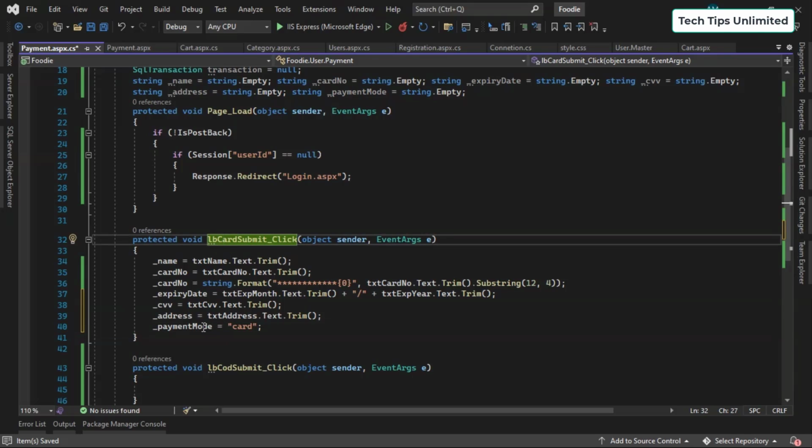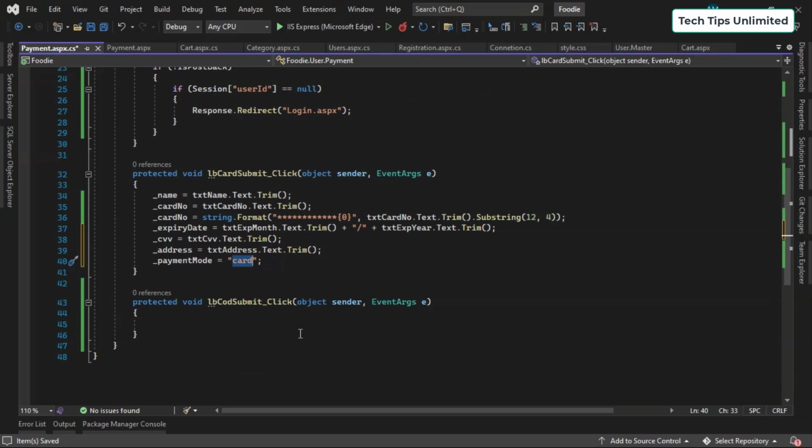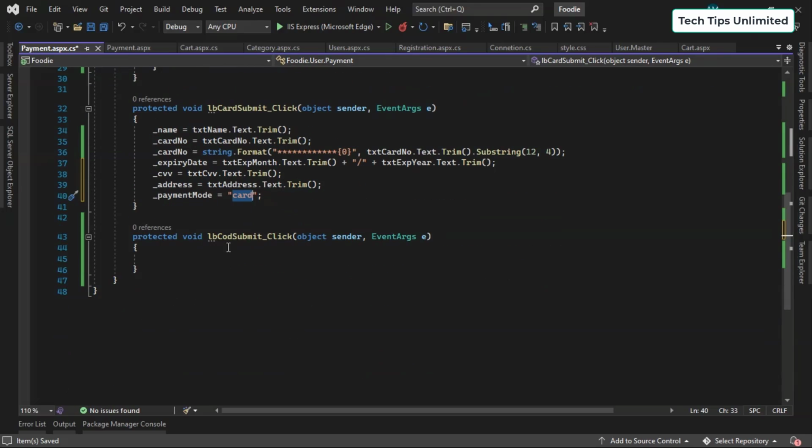So that's why we'll keep here the payment mode as card. Okay, now what we want here,